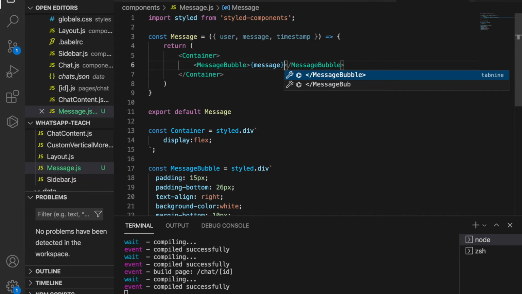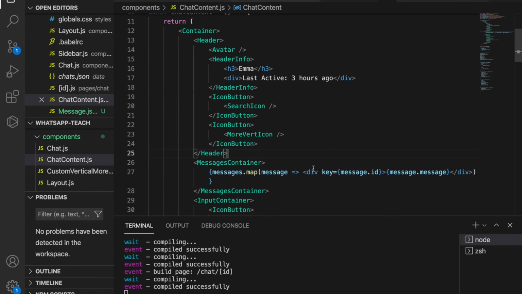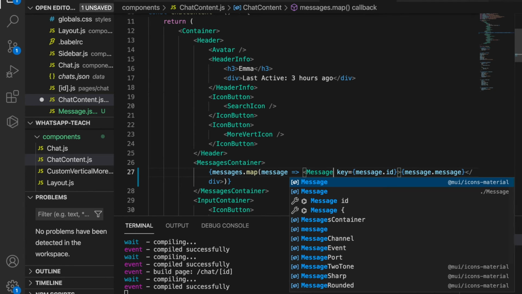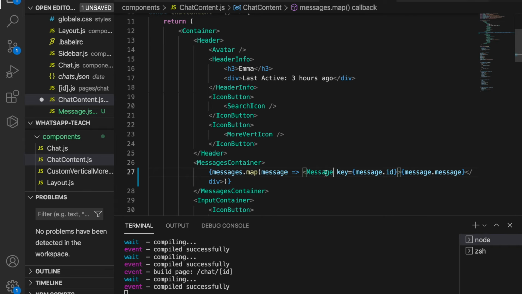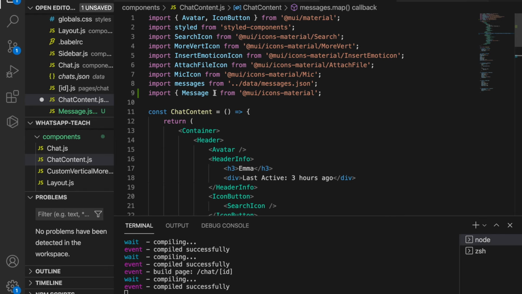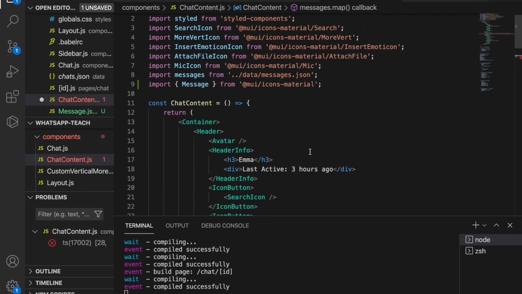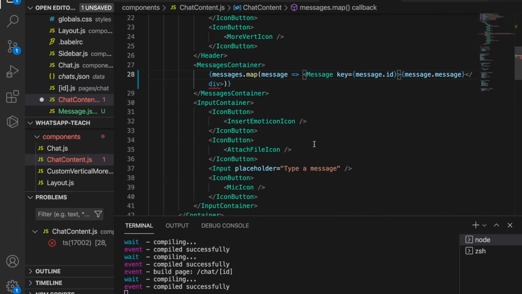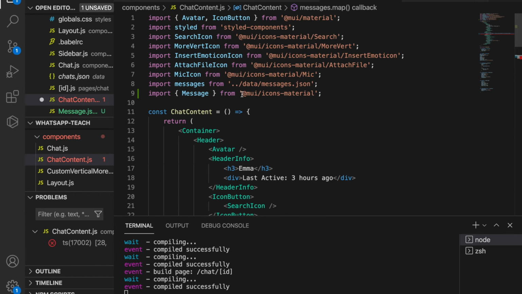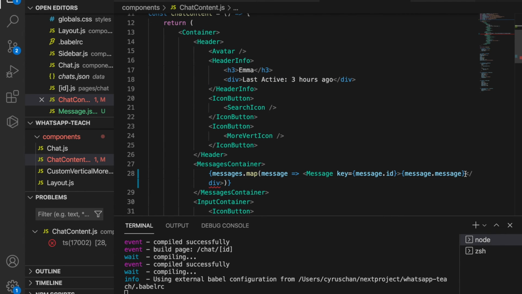Now we already created this component, so we can go back to the chat content.js. And now instead of using the div, we use the message, and let's see whether it can import from the message component. So we already import on the top, and we should not use material UI, so we try again, or we import by ourselves. So we delete this from